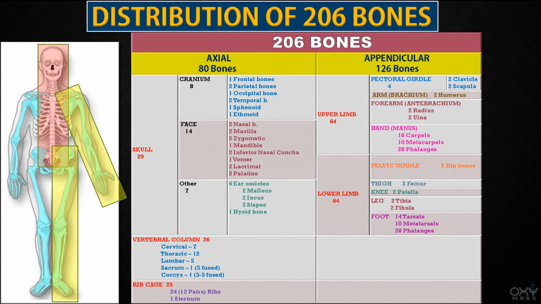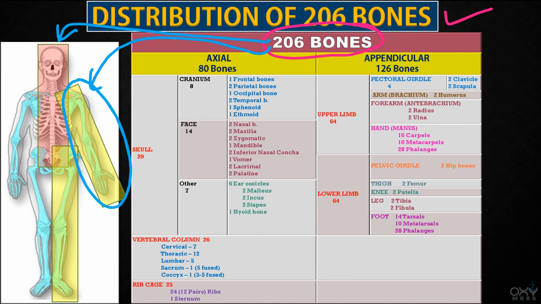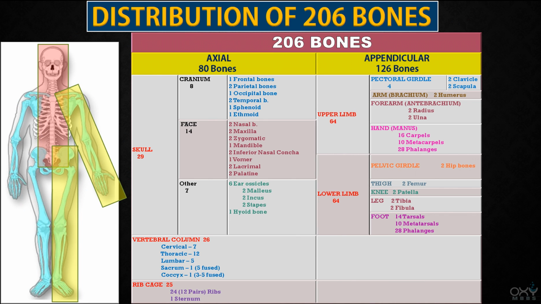Hi friends, in this video we will talk about the distribution of 206 bones in our body. Now friends, as you all know, there are 206 bones present in our body, and out of these 206 bones, 80 bones form the axial skeleton and 126 bones form the appendicular skeleton. This is the appendicular skeleton. And now in this picture you can see clearly that the axial skeleton includes the skull, a vertebral column and a